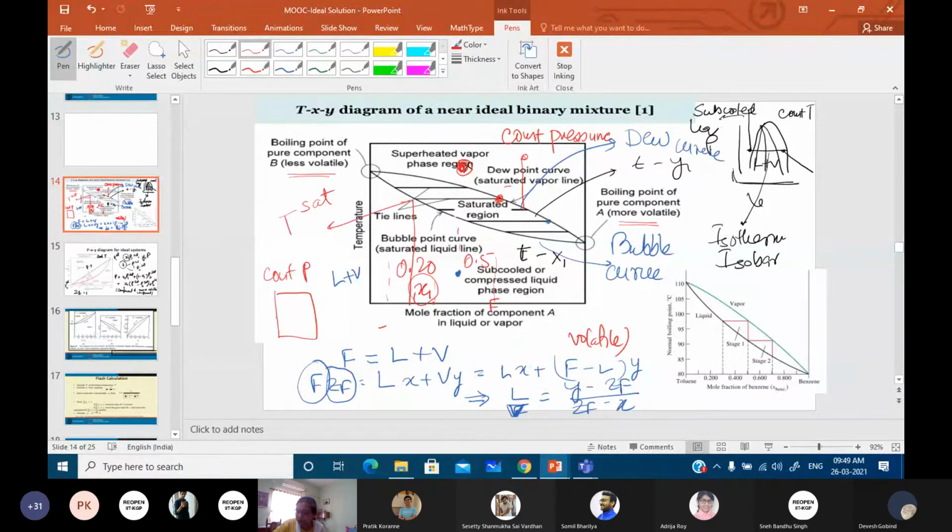So therefore, we are going to vaporize it partially. There has to be some liquid left so that the vapor is in equilibrium with the liquid. If you are completely vaporizing it, then from 20% propane butane, you have entered 20% propane butane vapor. Nothing is going to be achieved. So there has to be a minimum amount of liquid with which this vapor is in equilibrium. Now, at this point, you have got 50% propane butane. Now, this entire mixture, again, you cool it and condense the whole thing.